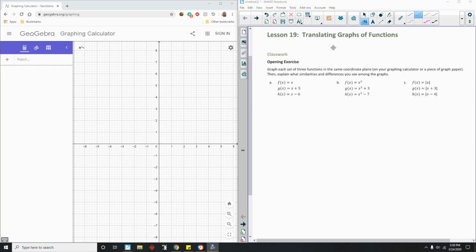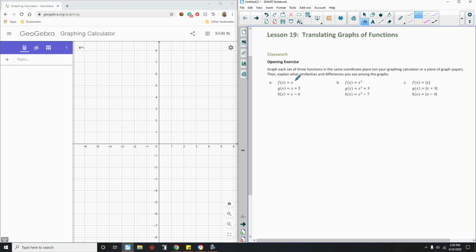Okay, welcome to Lesson 19. This is translating graphs of functions. Classwork opening exercise says, graph each set of three functions in the same coordinate plane on your graphing calculator or a piece of graph paper, then explain what similarities and differences you see among the graphs. Okay, so